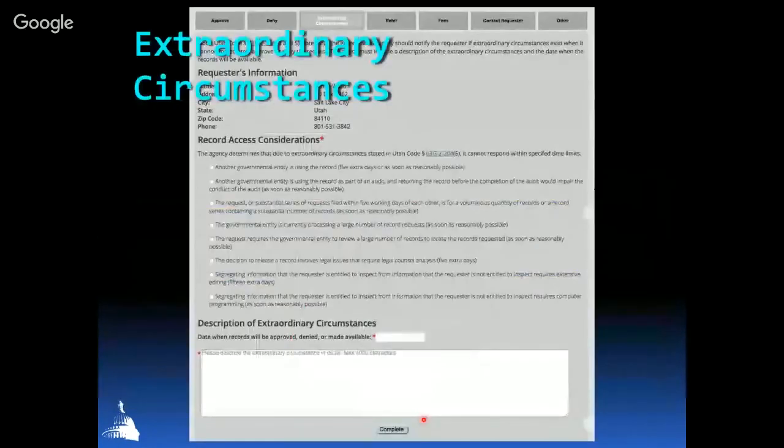So the next tab is extraordinary circumstances. These are legislatively approved extraordinary circumstances that you can select from in order to add some time onto the request. So they're described here, and then it tells you what the time limit is that you can add. So as soon as you select one of these extraordinary circumstances, you can come down here and select